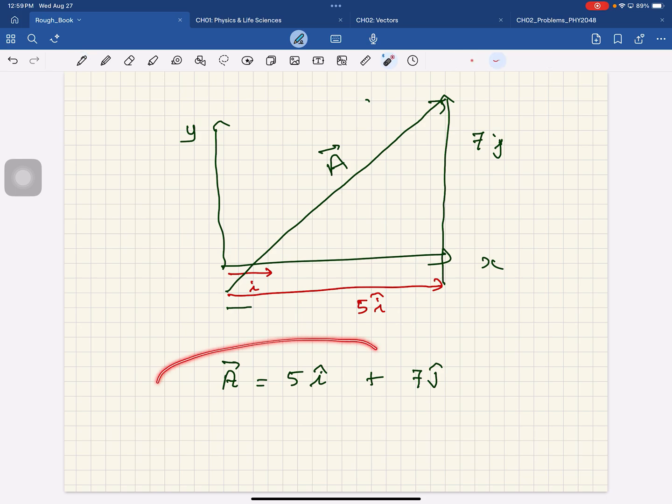Writing vectors in component form like this is useful for multiplying, adding, and subtracting. I showed you a whole bunch of drawings of how to add and subtract vectors, but that's not a practical way of doing it. In practice, if you want to add, subtract, and multiply vectors, you need to write vectors in this form. Now let me give you another vector, B equal to 3i plus 8j. So A plus B